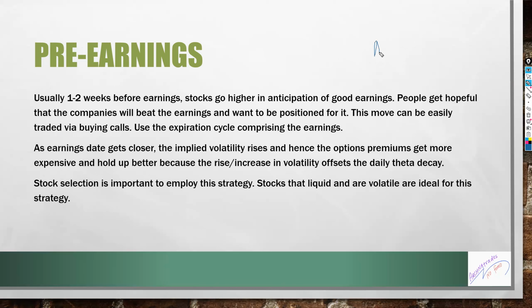Now, if earnings is on August 3rd, next week, okay, Airbnb earnings is August 3rd, and you think for 2 weeks it's going to run, okay? So you can buy August 4th calls, you can buy August 18th calls, correct? Or you can buy July 28th calls, right? This week's call. Which one do you buy?